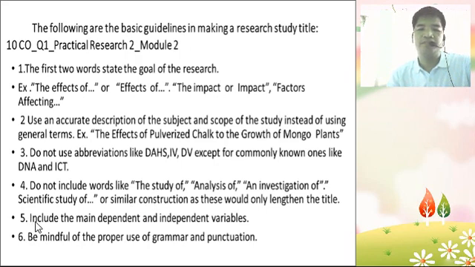Okay, number 5 is include the main dependent and independent variables. So, I already discussed dependent and independent variables. Number 6, be mindful of the proper use of grammar and punctuation. So, kailangan grammatically correct and you have to use the right punctuation like period, colon, semicolon. There is no question mark in the title, okay? Next is